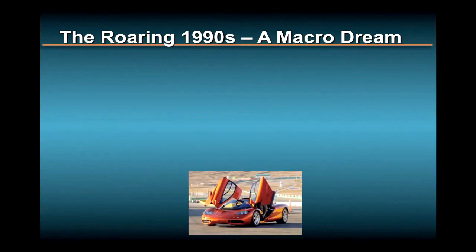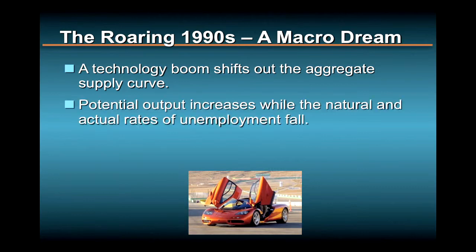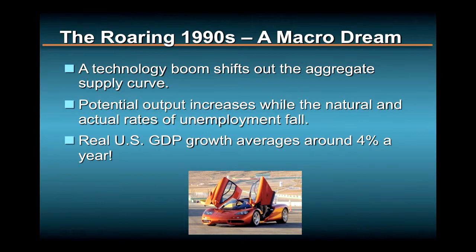The roaring 1990s would truly be a macroeconomist's dream. A technology boom would usher in the age of the internet, and this digital revolution helped robustly push the aggregate supply curve out. The shift of the AS curve significantly increased potential output while dropping the natural rate and actual rate of unemployment. In this Goldilocks economy, not too hot, not too cold, real GDP growth averaged close to 4%